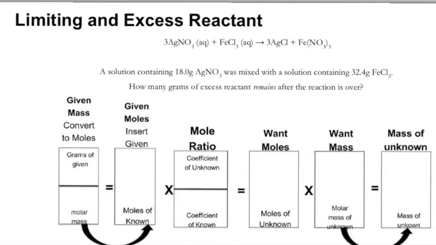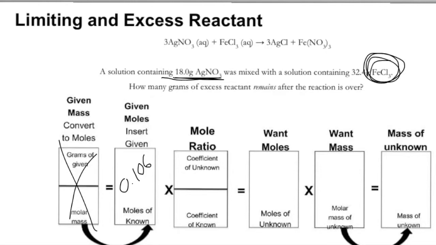And the last part of this question is how many grams of excess reactant would remain? Well, we know this is the limiting reactant, so I'm going to start with that. And again, I already know it's 0.106 moles of that. So the unknown in this case is the other reactant, FeCl3. It's got a coefficient of 1. My known is my limiting reactant. It's got a coefficient of 3. So 0.106 times 1/3 is